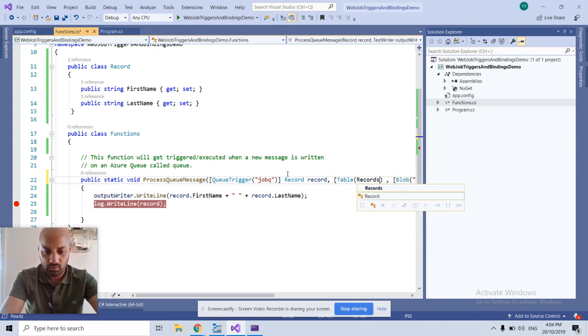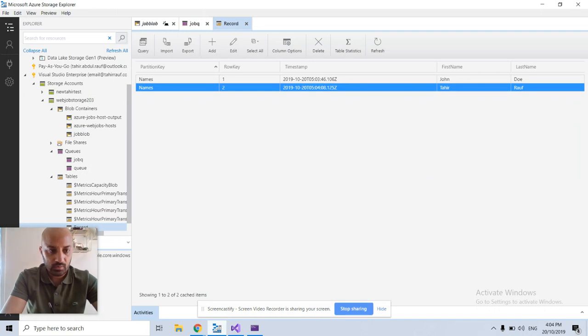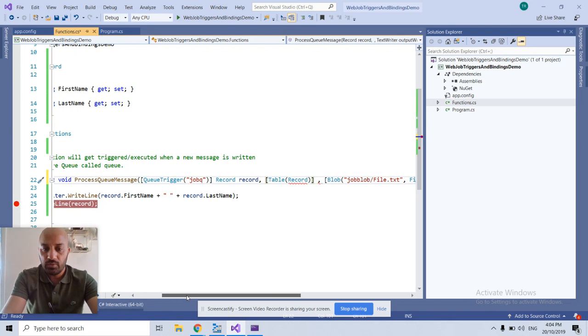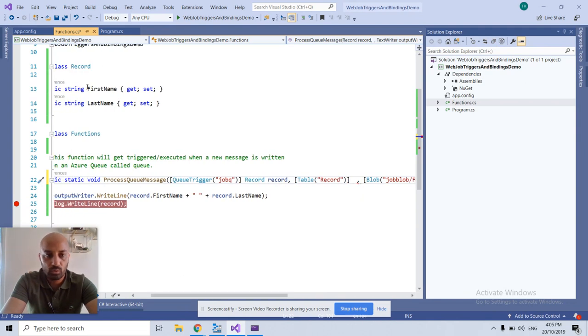Yeah, so record. This is the table name. Now, there are multiple ways you can access it. In this case, I'm going to read the whole row under this record. But because that table has the partition key and the row key as well,